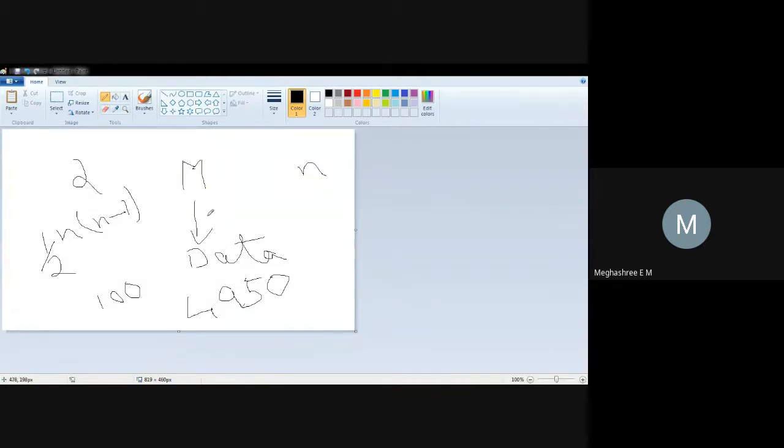Okay. If we have a network of n users, consider communication happens between two entities or two users, right? For this network, the number of possible pairs of users is given by 1 divided by 2 into n minus 1.